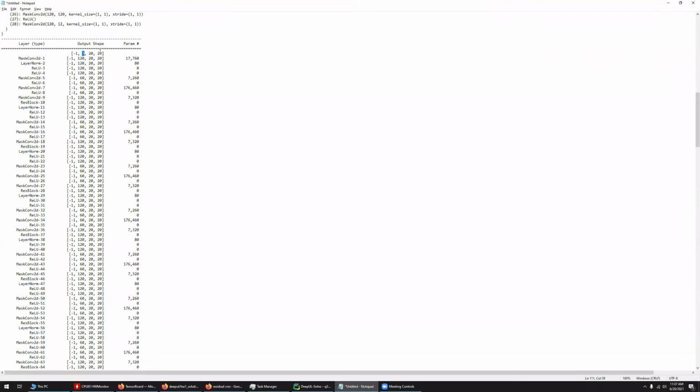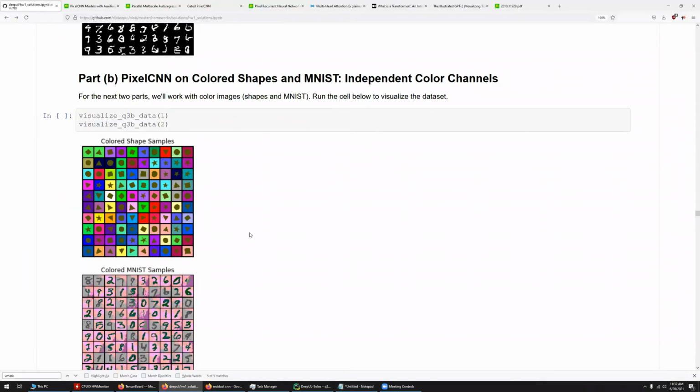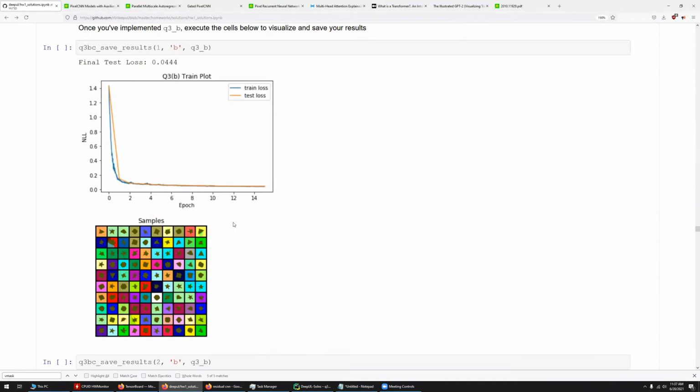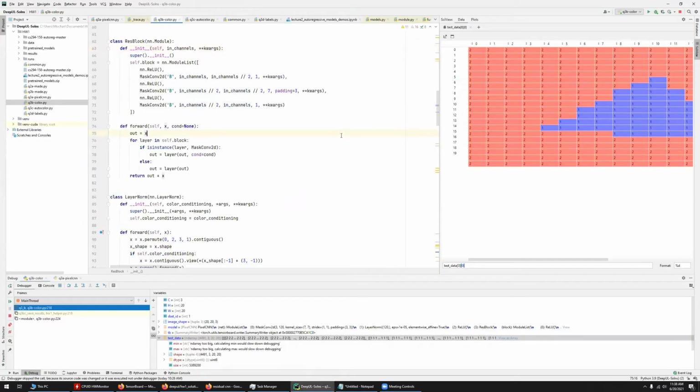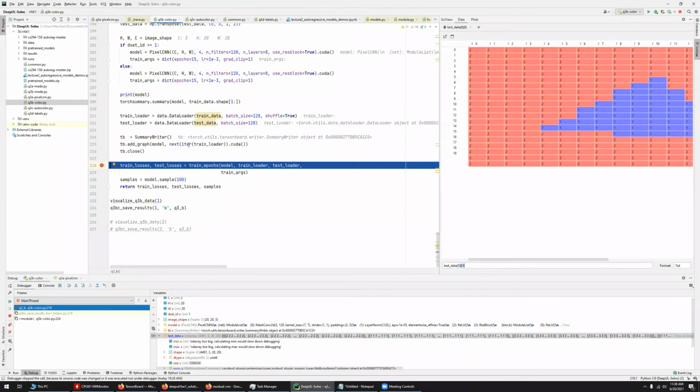Yep, got it. Okay. So following that, the next one is like, okay, make it so that the color channels are actually dependent on each other. So once you have red, you want the green to depend on the red, and then the blue to depend on both of them. I can just let it run, and then